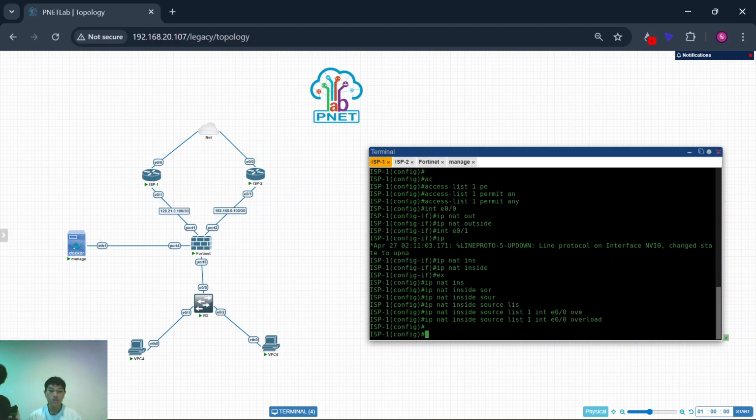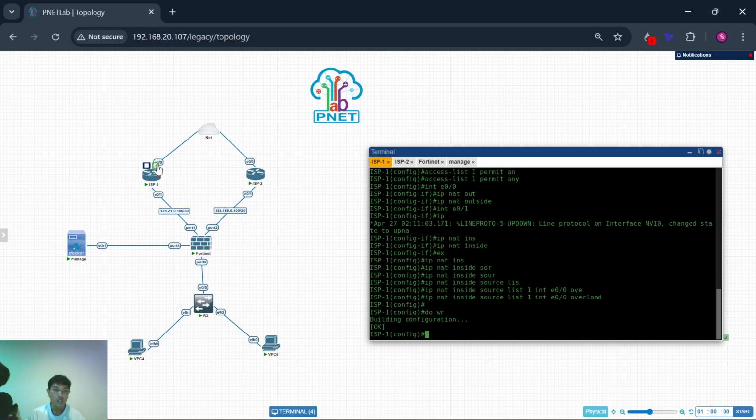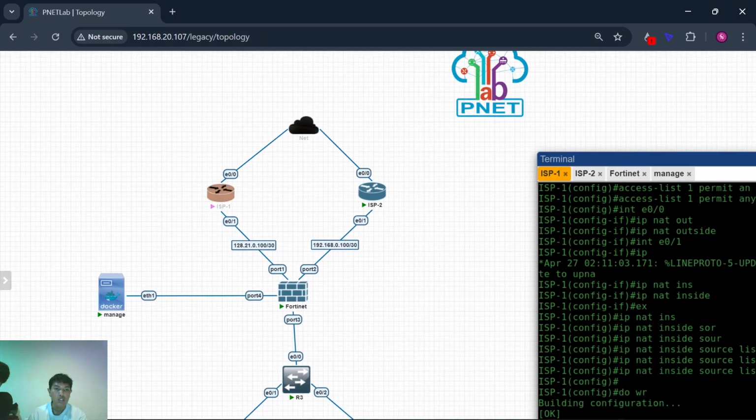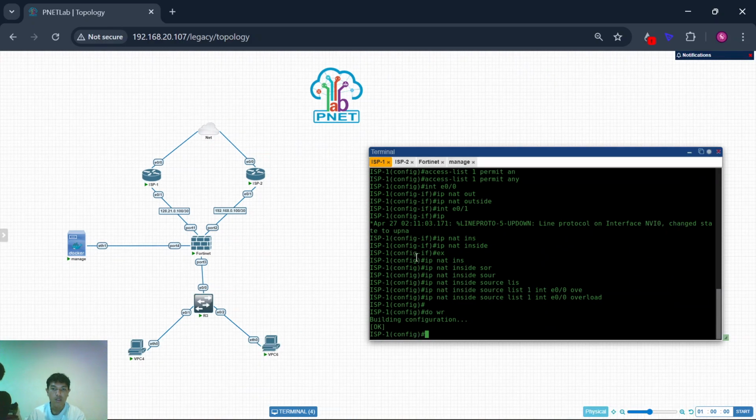I use overload, so Ethernet 0/0 is ip nat outside, and Ethernet 0/1 is ip nat inside.